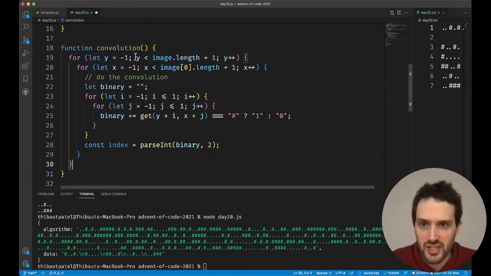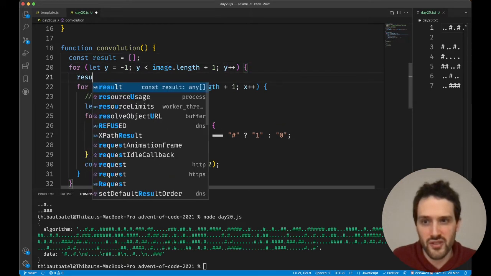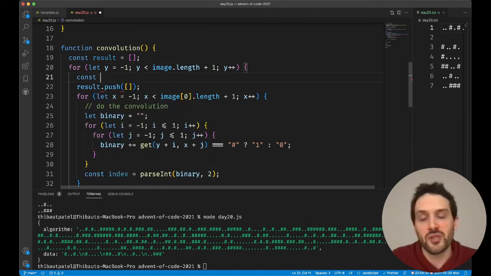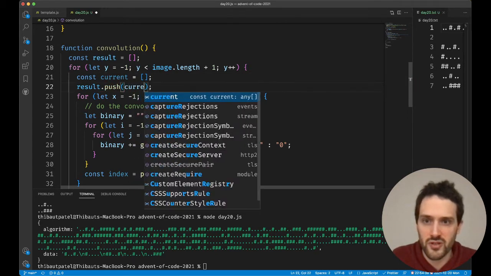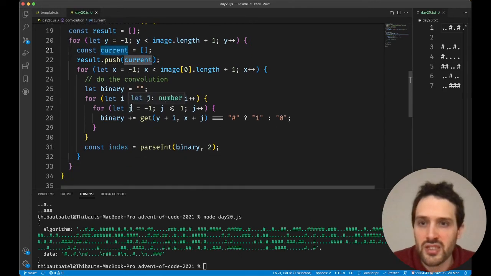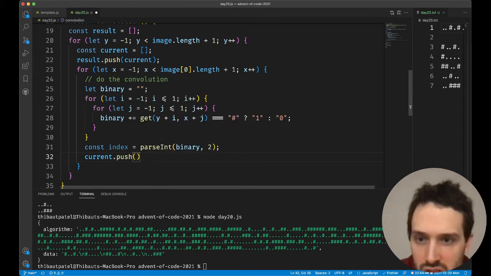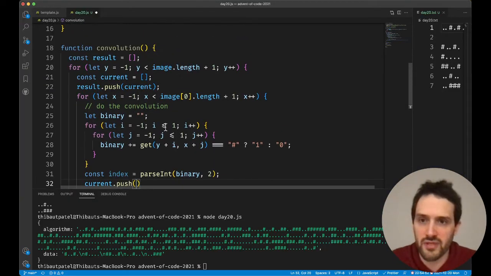So const result equal an array. Then here we do result.push an empty array. Wait, here it's going to be const. We need to create this array, const current. We create the array, and here we do result.push current. So here we can do current.push the